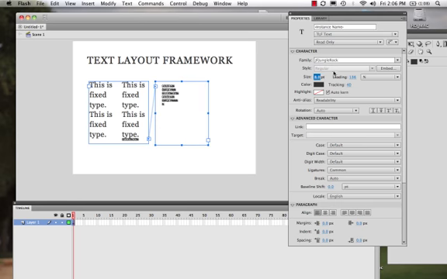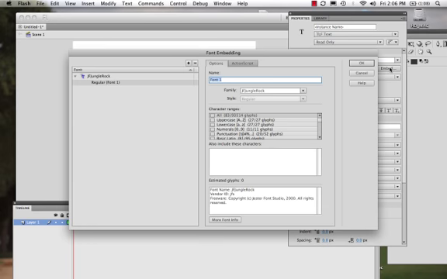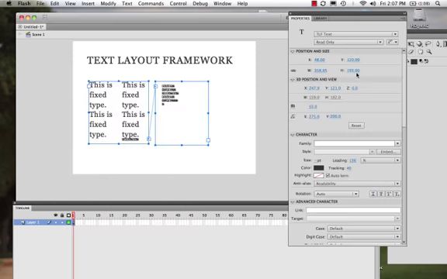So what I could do is I could embed it. I could hit embed and I might want to name this Jungle Rock so I know what it is. And then I could say, okay, all I want to do is embed the uppercase and the lowercase, and I would hit OK. I don't want to do all of these because it's just going to get too big and we'll end up wasting too much time and causing Flash to use too much of its memory. But what happens is this font travels with our SWF file and is embedded within our SWF